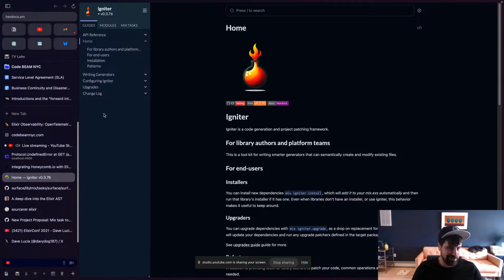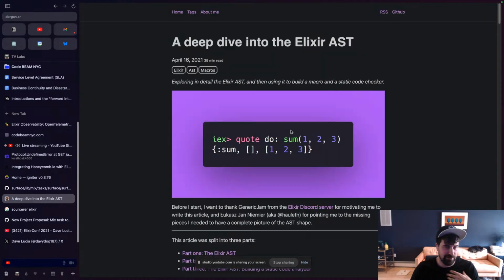I'm sorry, I'm going to go on a lot of tangents here just because I'm excited and because there's a lot of history for me personally on this. But before we get into what is Igniter, I want to talk about this blog post, a deep dive